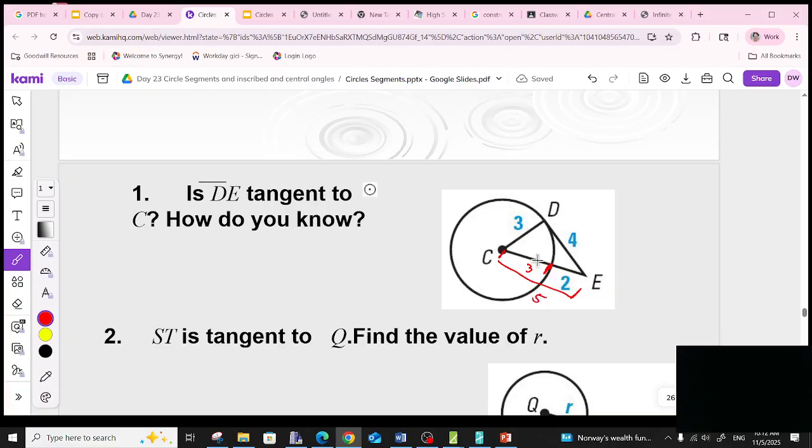So is this tangent? Is 3 squared plus 4 squared equal to 5 squared? Yes. Because 3 squared plus 4 squared, does that equal 5 squared? 9 plus 16 equals 25. So